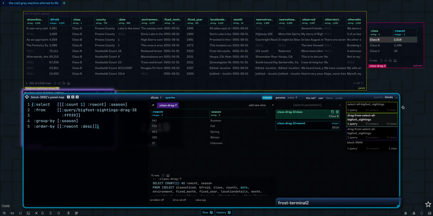So you can do the old school thing, right? And say, oh, well, row count, I want that to be Y, and I want season to be X, and it'll build you a nice Vega-Lite chart. That's all well and good. Let's say maybe we want the color based on something, and that's awesome, right? It'll build that for you. The idea is to generate code for the user that the user can then go and tweak and do what they want with, be that in a scrubber type situation,